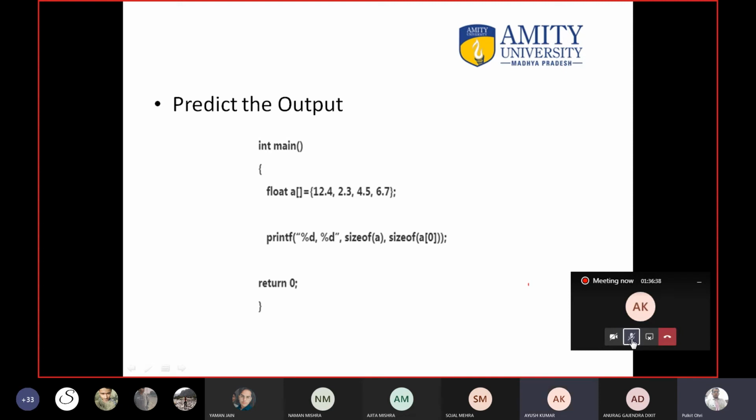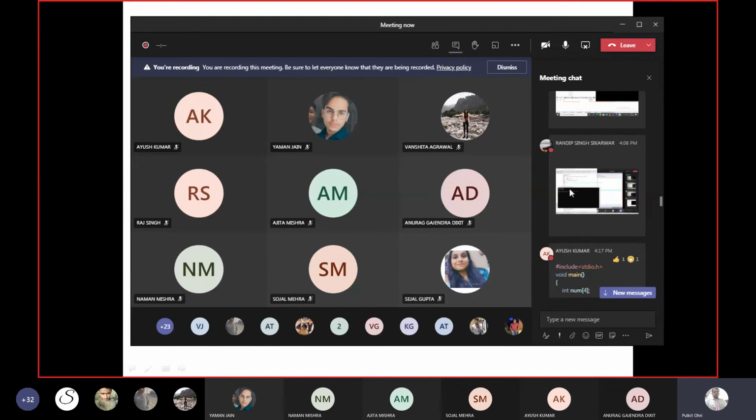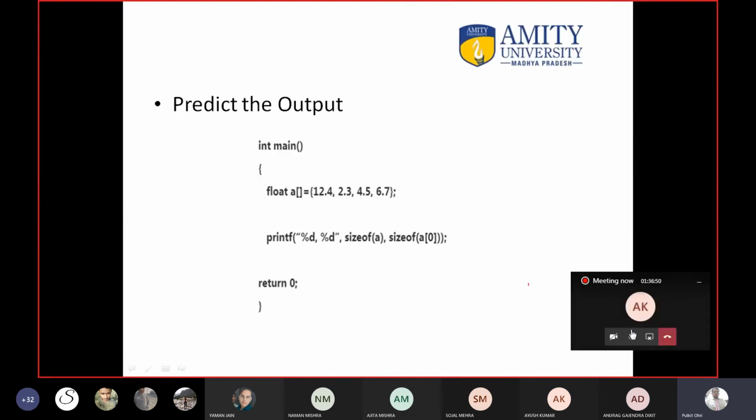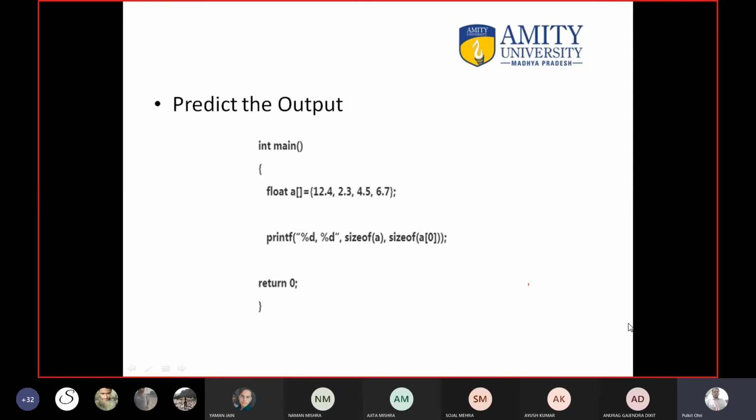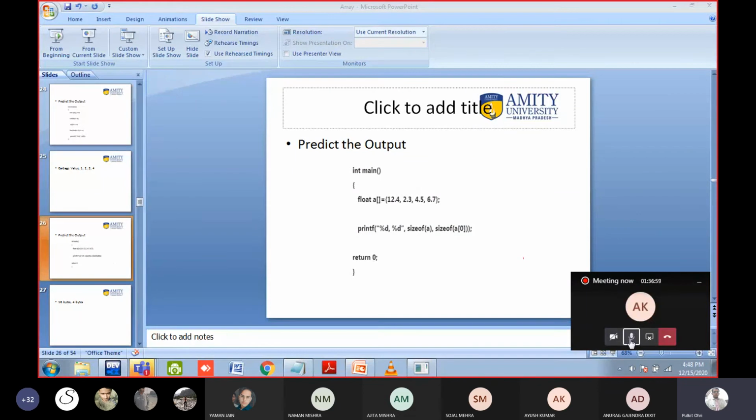Sir, 4 will be printed. Okay, Ayush, that is the wrong answer, but good try. I can pass the question to Randeep. Randeep, can you hear me? Sir. Yes, sir. Take your time.